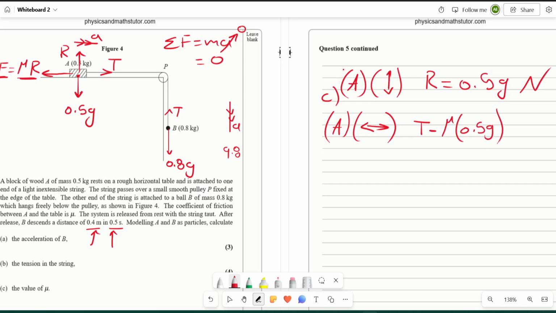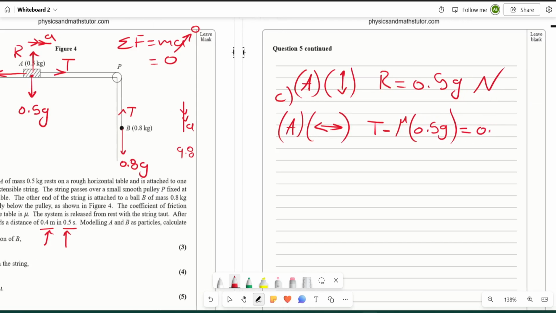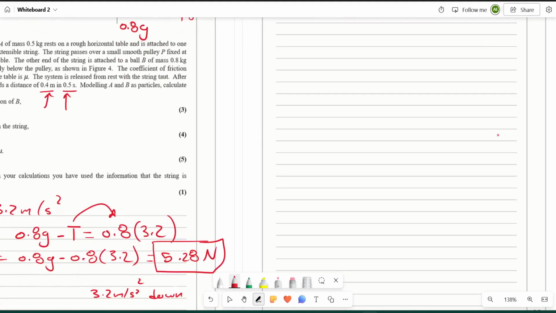That's why I always prefer, when dealing with dynamics, to always resolve in the reaction direction first, because usually you're going to get an expression or a value for reaction, which you will substitute in the other direction when you resolve. So tension minus mu R, do we have any other forces left and right? No. So this is the sigma forces, equals mass, which is 0.5, times acceleration, which we got as